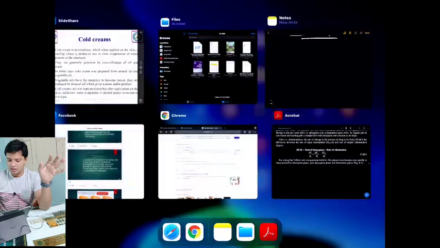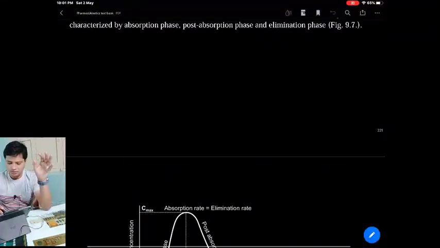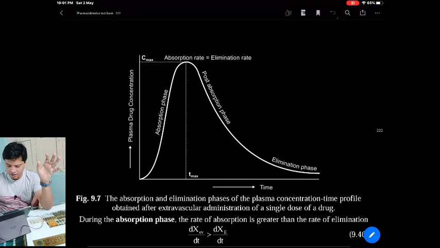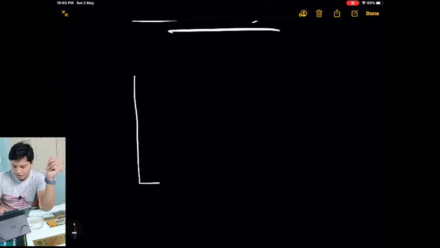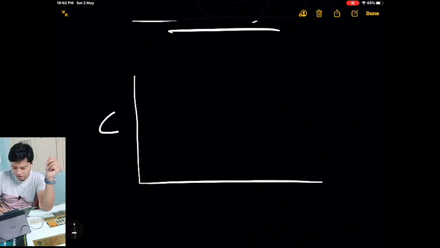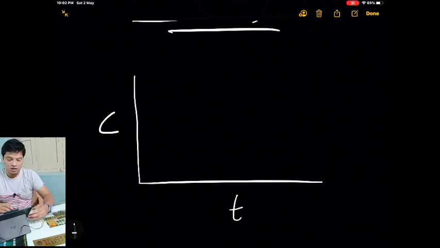So what are those? Yeah, we need to draw this diagram. So if you consider this plasma drug concentration and time, when you give the drug through extravascular, the drug slowly increases